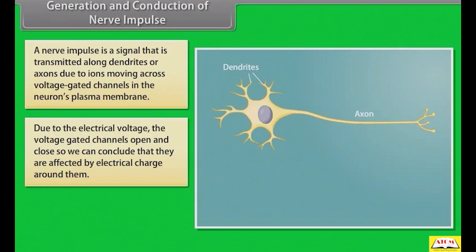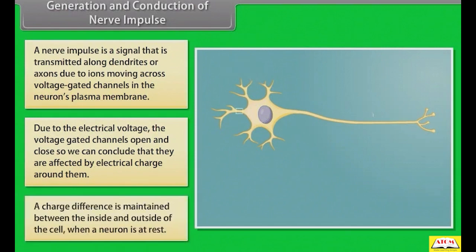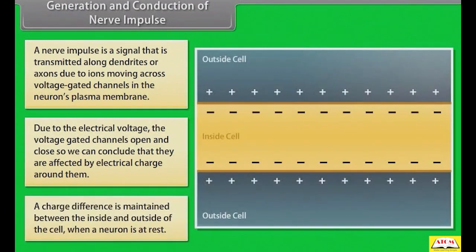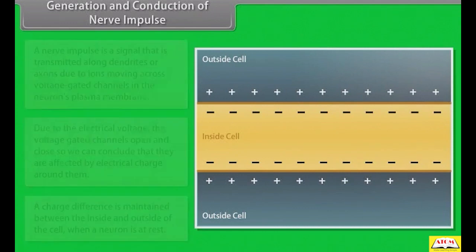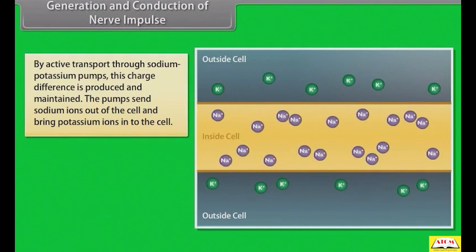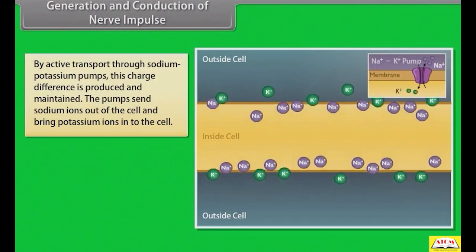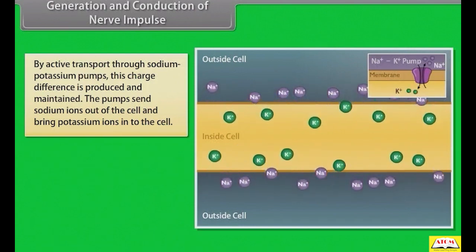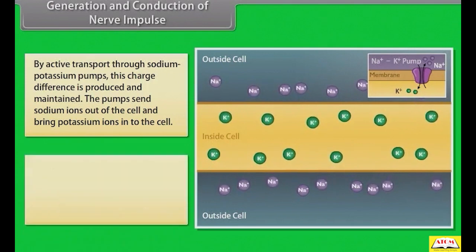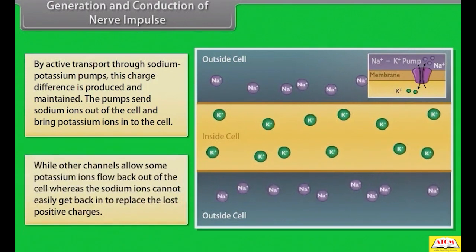electrical charge around them. A charge difference is maintained between the inside and outside of the cell when a neuron is at rest. By active transport through sodium-potassium pumps, this charge difference is produced and maintained. The pumps send sodium ions out of the cell and bring potassium ions into the cell, while other channels allow some potassium ions to flow back out of the cell, whereas the sodium ions cannot easily get back in to replace